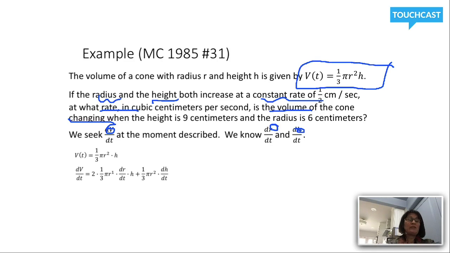So when it's time to take the derivative of volume with respect to time, I'm going to have to use the product rule. So I'm going to think of volume as 1/3 times pi r squared times h. So those are my u and my v. I'm going to think about the product rule, which is the derivative of the first times the second, plus the first times the derivative of the second. Notice here, in my mind, first is 1/3 pi r squared, and that contains the variable r,